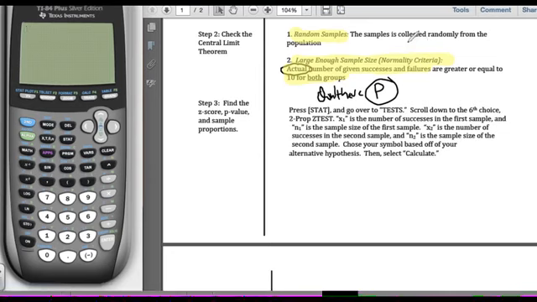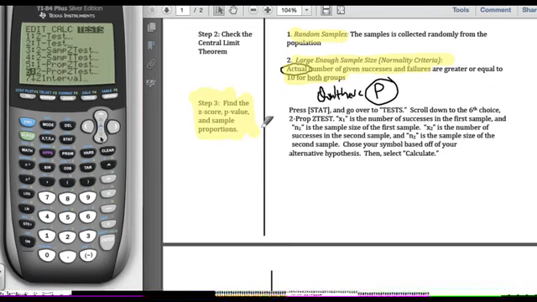In order to run this hypothesis test and get its statistics for the third step, you go to Stat and Test once again, but this time you want to go down to number 6. If it's just one group, one proportion that you're focusing on, it's number 5, the 1-prop z-test. But if it's 2 groups and 2 proportions you're focusing on, you're going to go to number 6, the 2-prop, the 2 proportion z-test. When you hit enter,